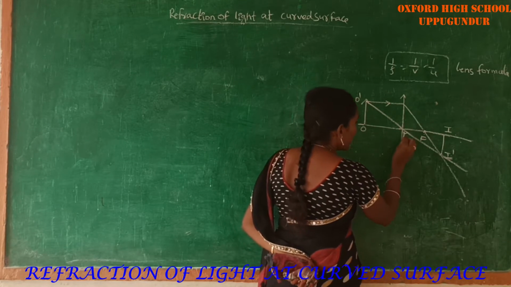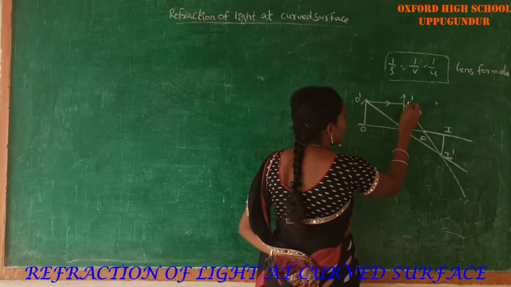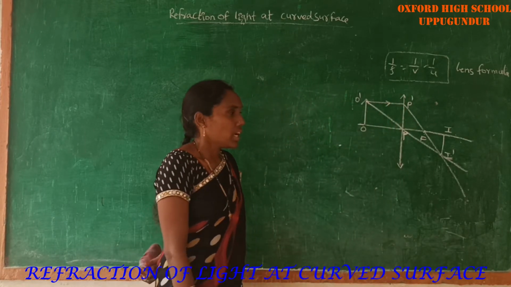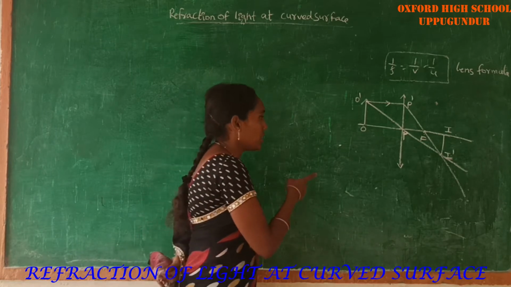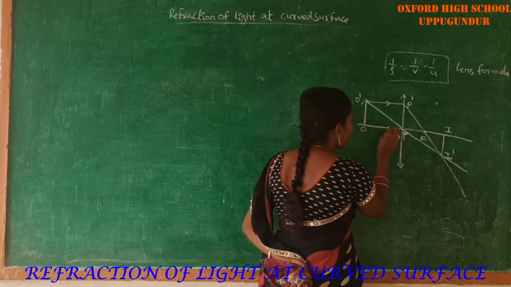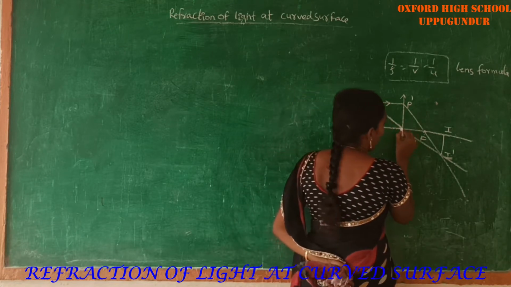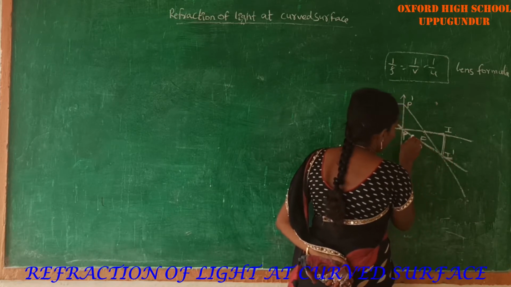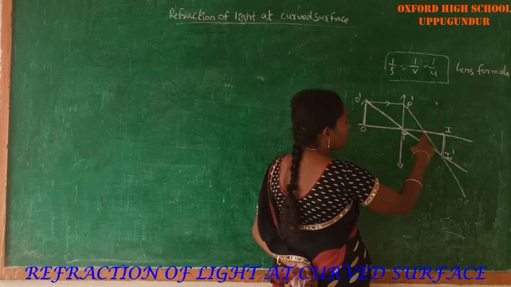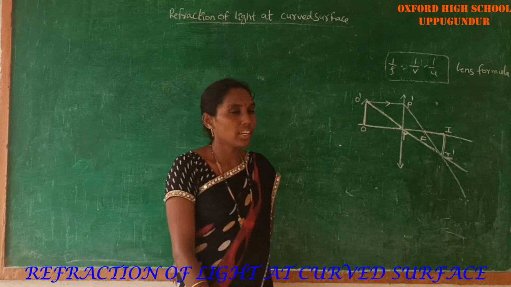Here, the midpoint of the lens should be called P. P dash represents the height of the lens. Now, by clearly observing, similar triangles are formed here. O dash P is one triangle, P I dash is another triangle, and next P dash F is another triangle.